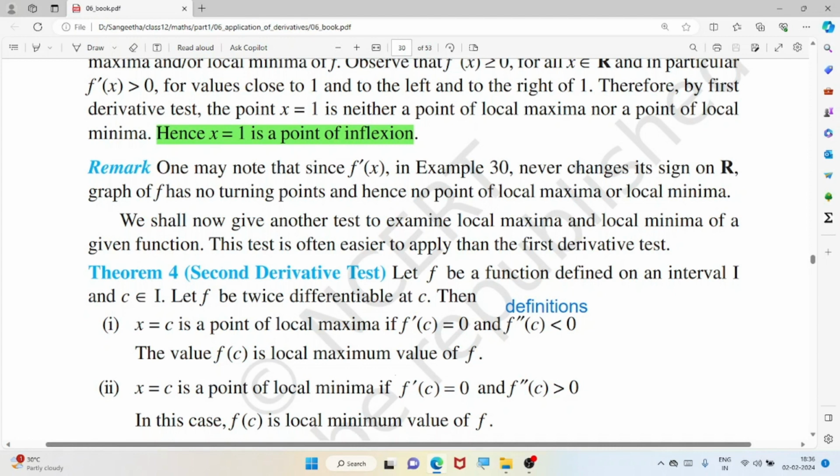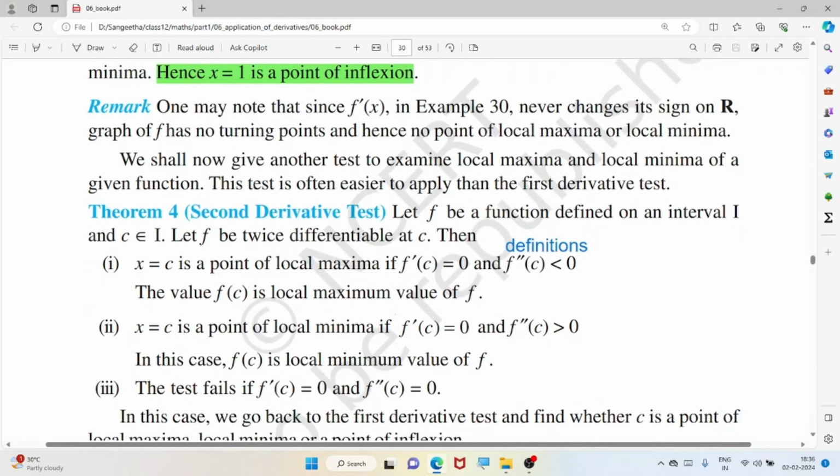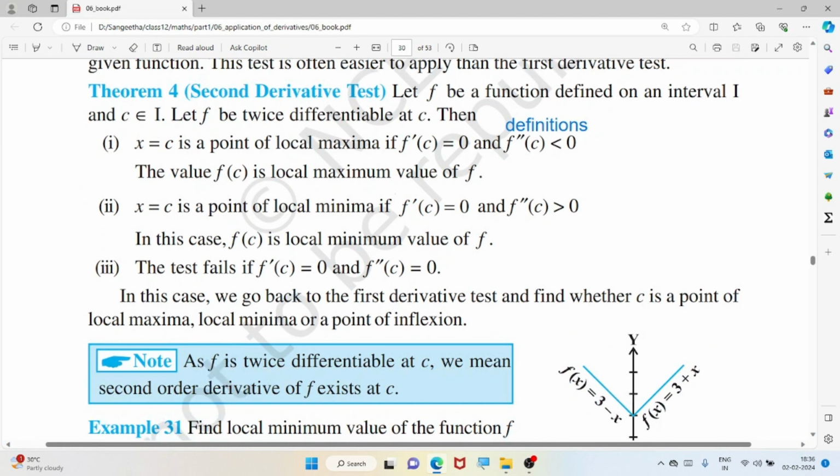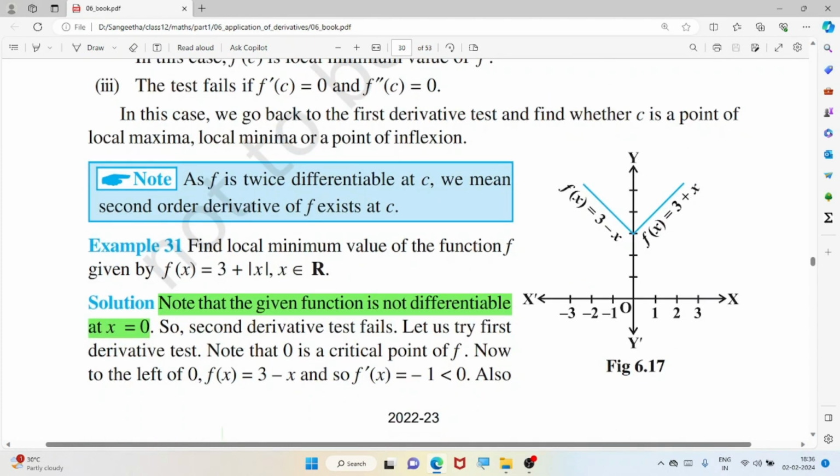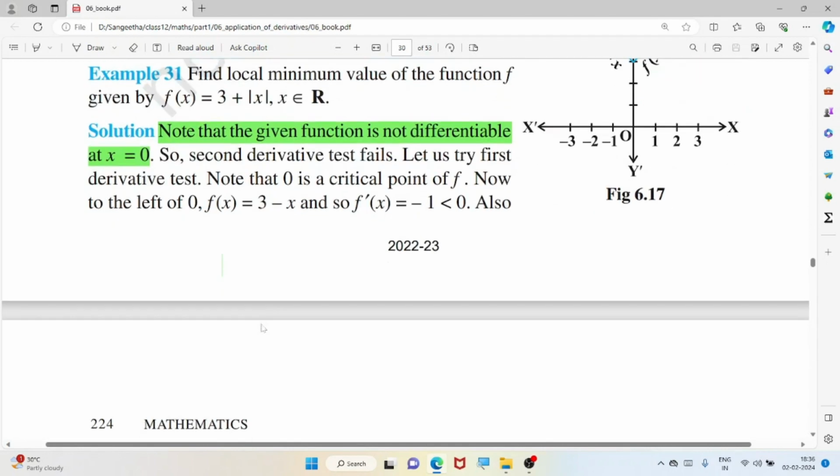Neither a point of local extremum, that is called a point of inflection. So here also the second derivative, that means we are doing one more differentiation here. Second, these definitions, then how they are using the definitions to find the local minima and maxima. Okay,